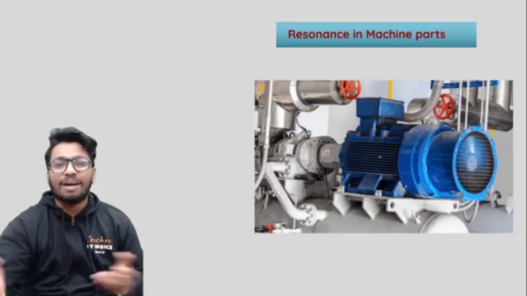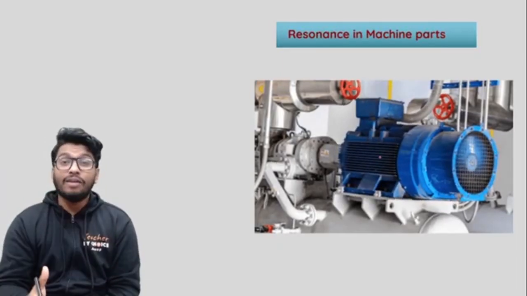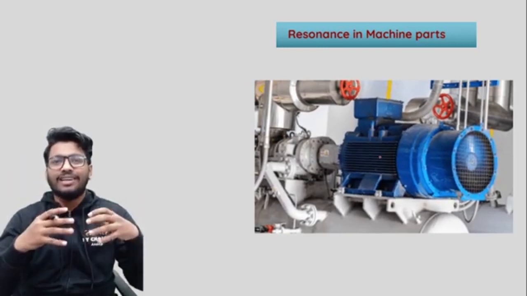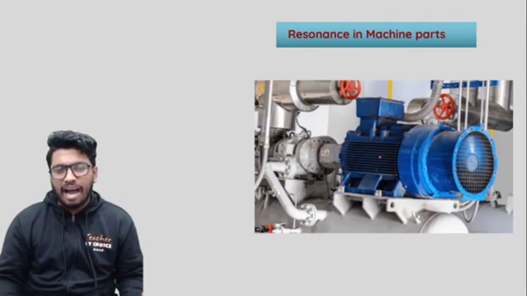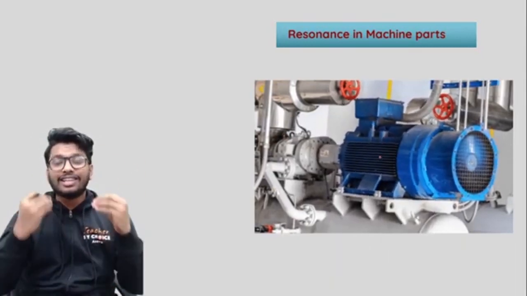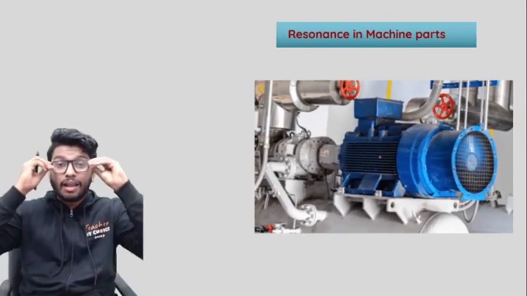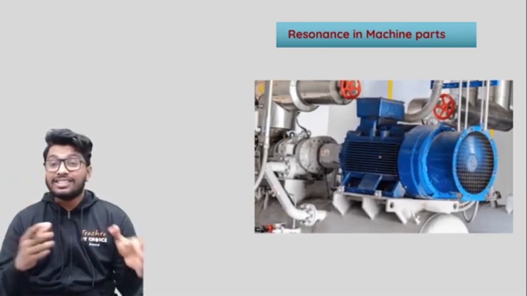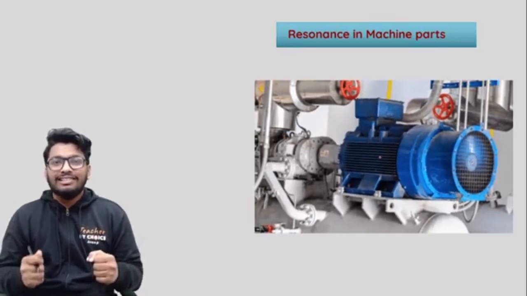Simple. Another example is resonance in machine parts, especially in old vehicles, because these days all vehicles are so well damped, in the sense you have better suspension and everything, so all the resonance is damped. But in the case of old vehicles, old buses, old cars, you can actually experience this resonance. When the motor starts to vibrate at that high frequency, and it matches with the frequency of the entire bus or the entire car, you can see the amplitude suddenly increases, and you start to feel that discomfort suddenly.